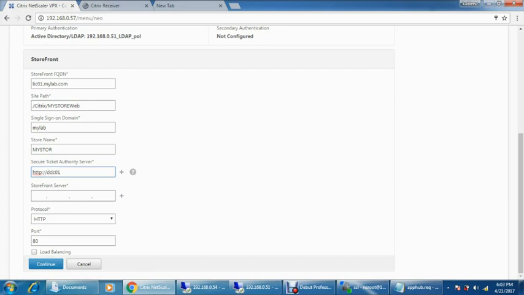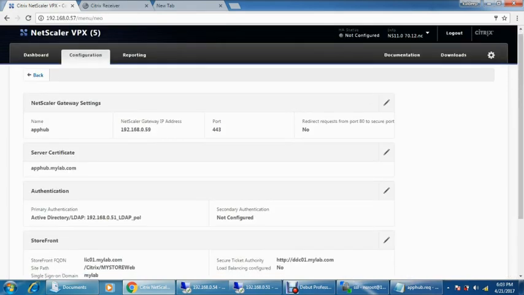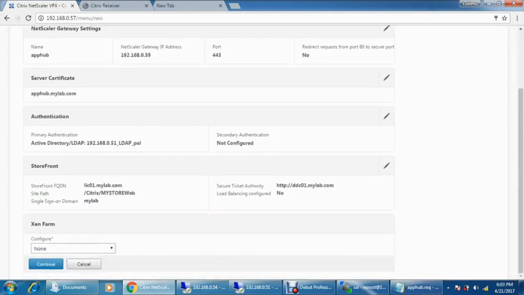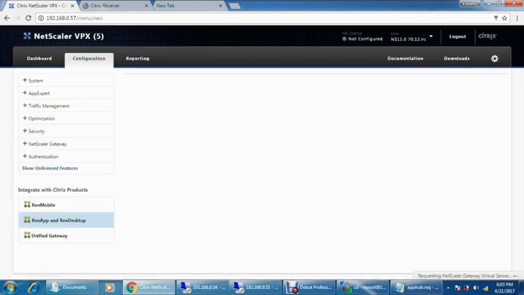Okay, and here is the STA server, secure ticketing authority server. So it's just adding the DDC01.mylab, whatever the STA server is in the environment, we can add it over here. Storefront server name, IP address, we have put the server, and here is the IP address. Okay,